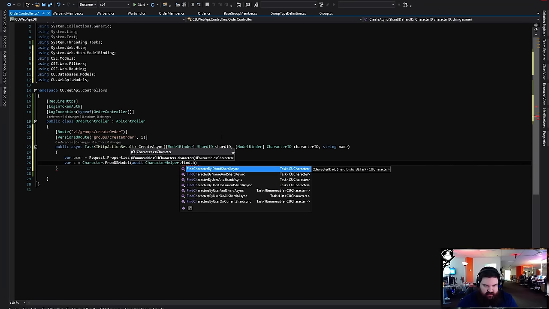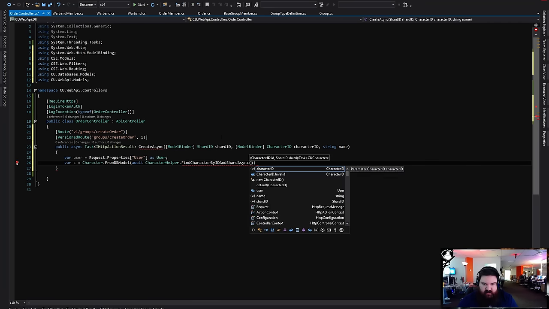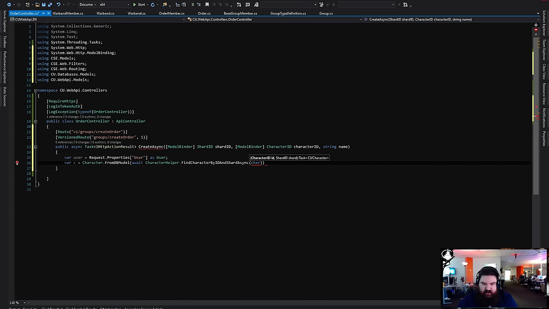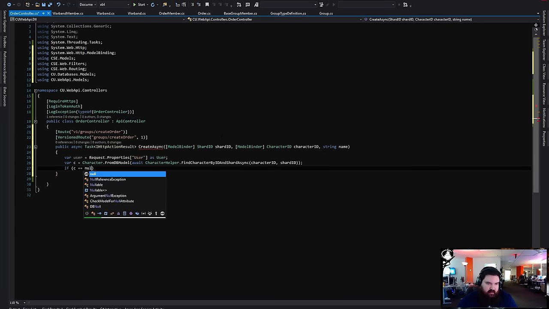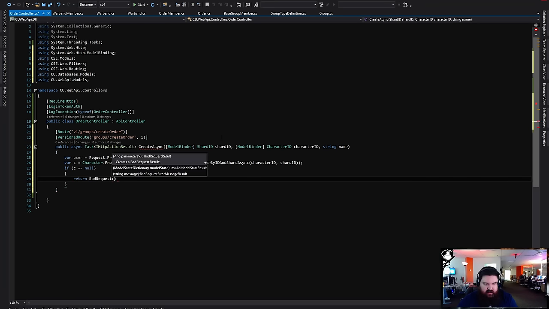Find character by ID and shard. Character ID and shard ID. And if we can't find a character, that's a bad request.